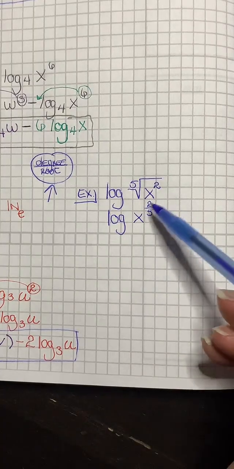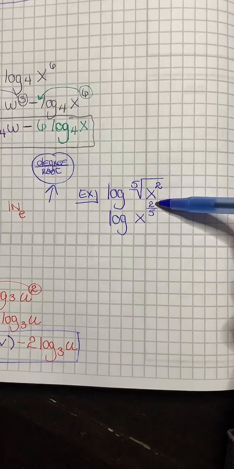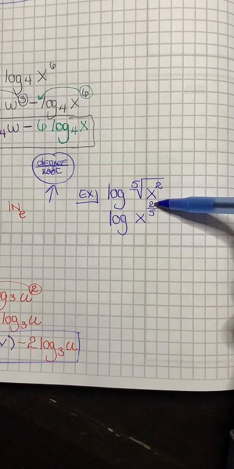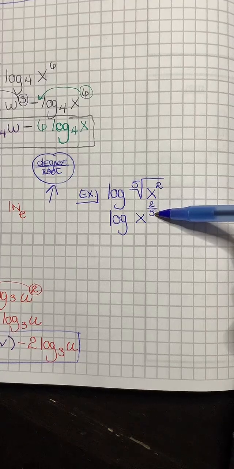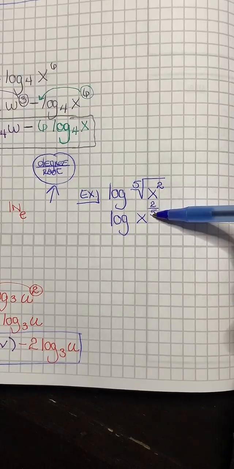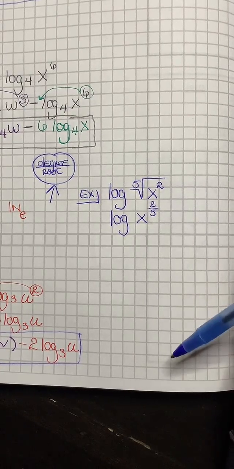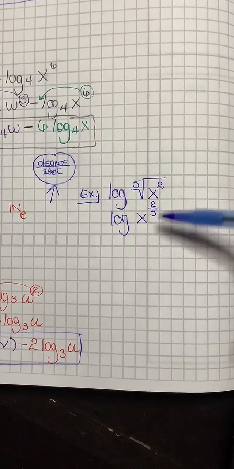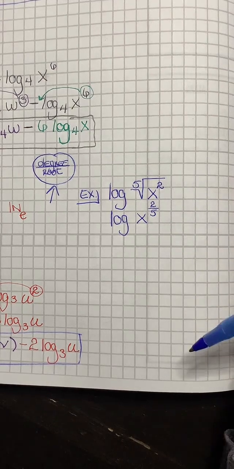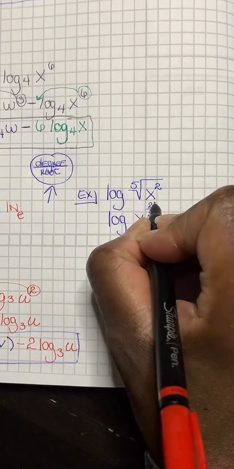Okay, so degree root. Easiest way for me to remember is degree, I think of heat. When heat rises, that's going to be on top. Root, I think of the roots of a tree. Where's the roots of a tree? Any kind of roots is usually underground. So that's the denominator. Heat, tree. I know, the weird things that come to my mind. All right. So now, since it is an exponent,